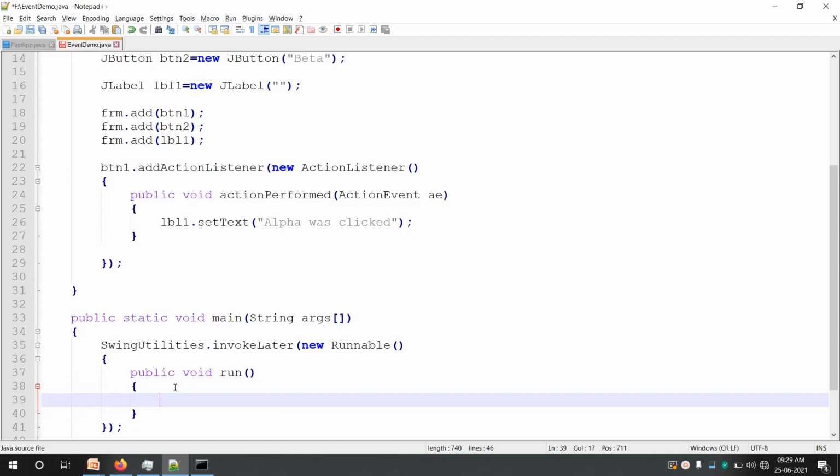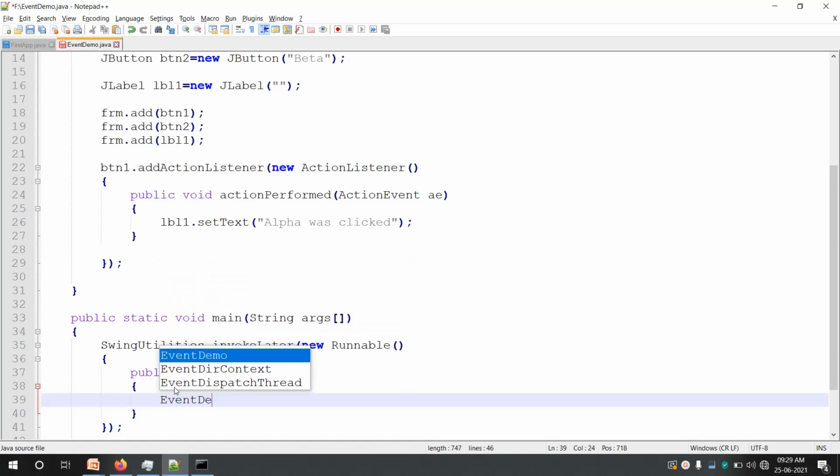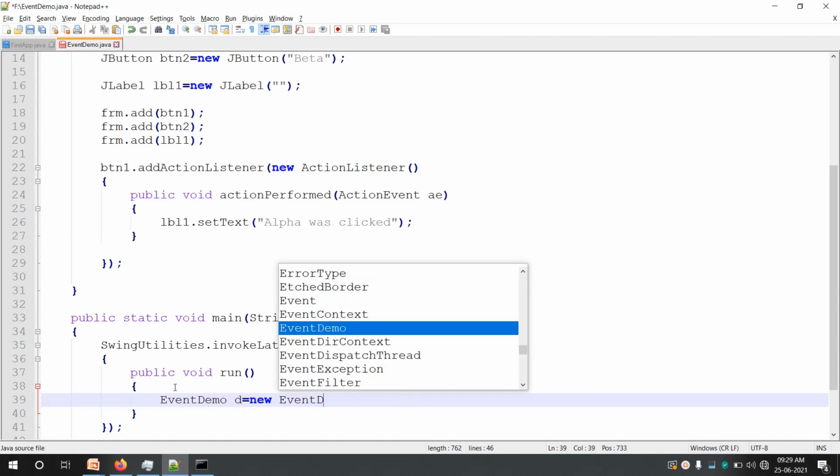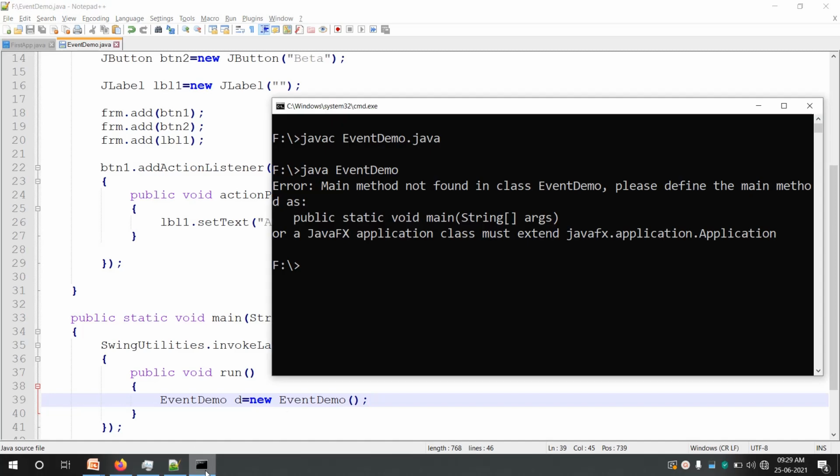The GUI can be created by creating an object of the class. So I'll say EventDemo d is equal to new EventDemo. Save, and again we will compile it.